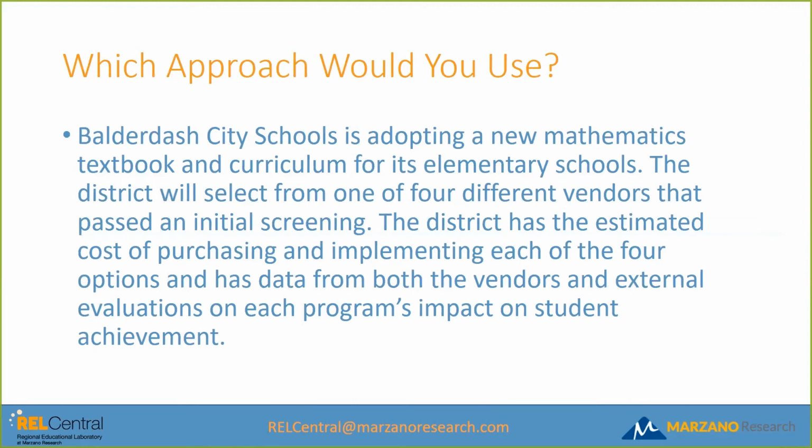And on this one, since we're really talking about trying to compare across 4 options, and because we at least know that there's a common target, which is mathematics, assuming that you could come up with a common outcome measure, which we would assume is probably some type of math assessment, and that the evaluations that were done were rigorous and used a similar or common outcome measure, then cost effectiveness, as most people selected, is probably the way to go,